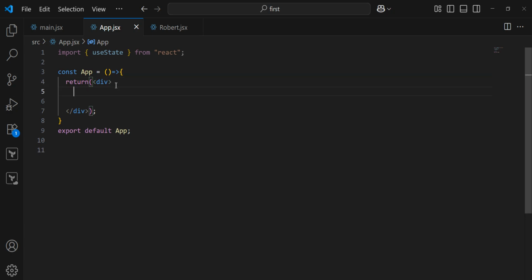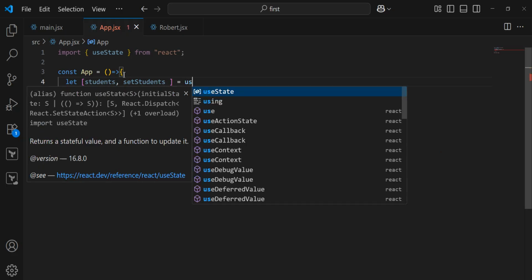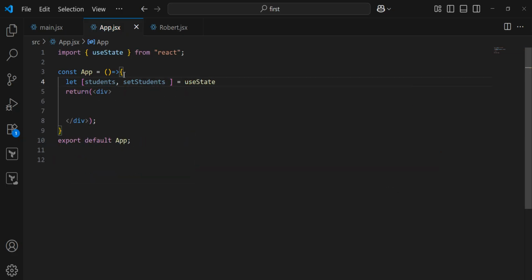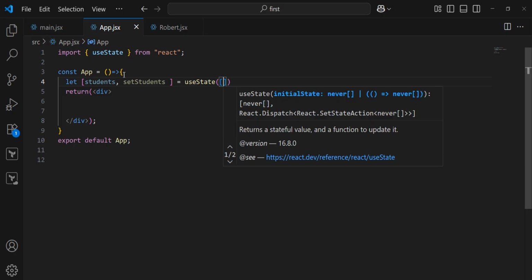So I want to take it a step further. Let's assume you have a state that looks like this. State. And inside this, I have